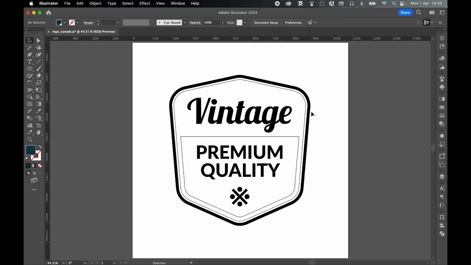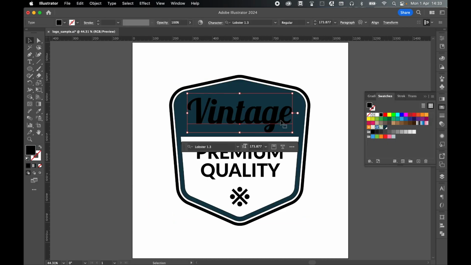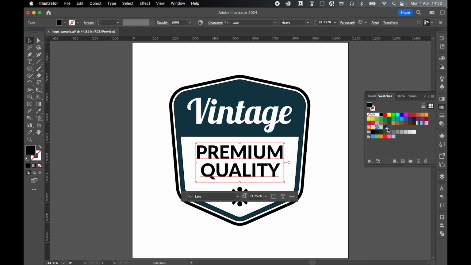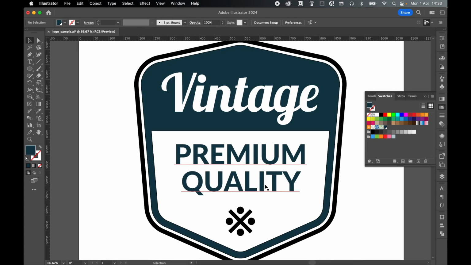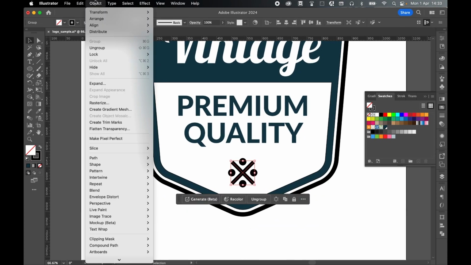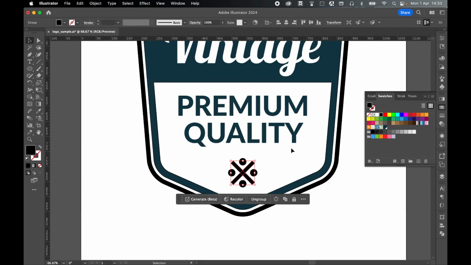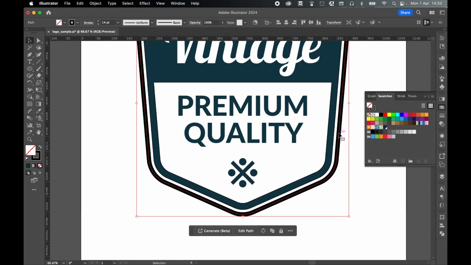So with the selection tool, let's apply the color to the badge. Let's make this vintage text white. We'll make this text the color. If I quickly zoom in here, I'm going to select this object, expand, okay, and let's apply the color to all of these objects. And finally then, this is stroke, so let's switch to stroke, come to swatches, and apply